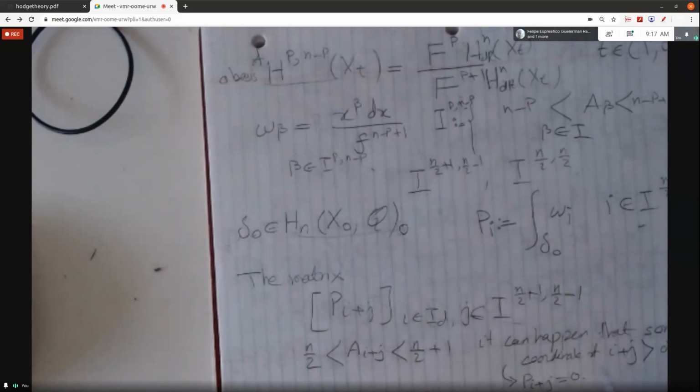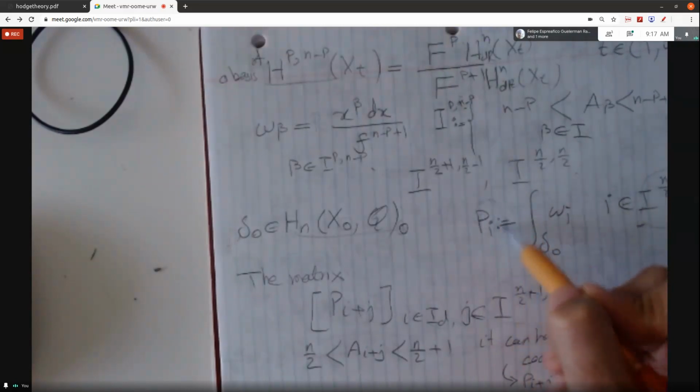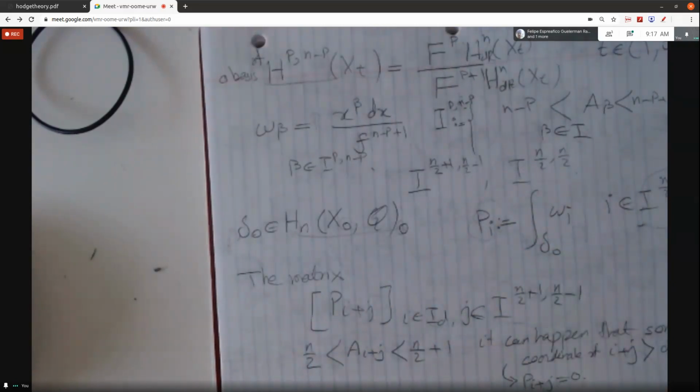Anyway, automatically I have this one. If one coordinate of I plus G is bigger than d minus 2, then I will put pi_{I+G} equal to 0. If it is less than, then I am already in this set, and then I will use this period. Okay, this is the preparation for the last lecture, and